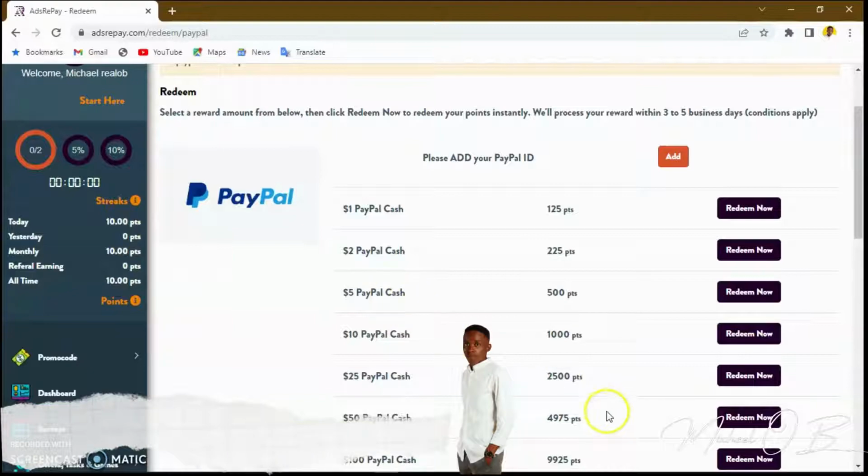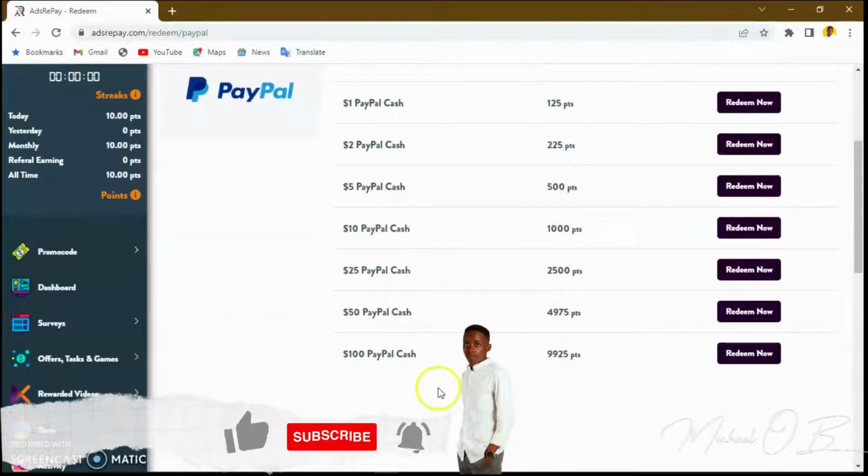It means that I can redeem it and get $25 in my PayPal account. Look at this. If you're able to get 9000 points over here, you can redeem it and get $100 in your PayPal account, guys.